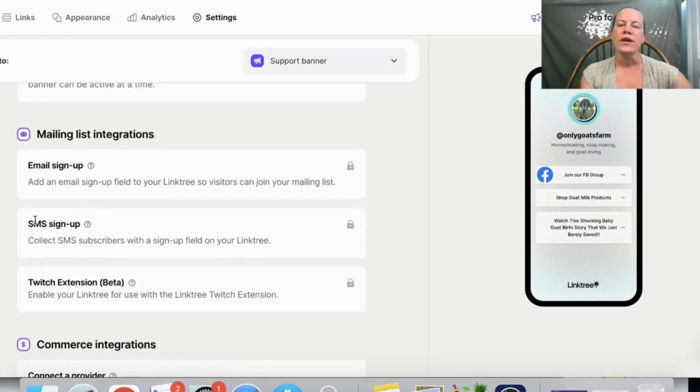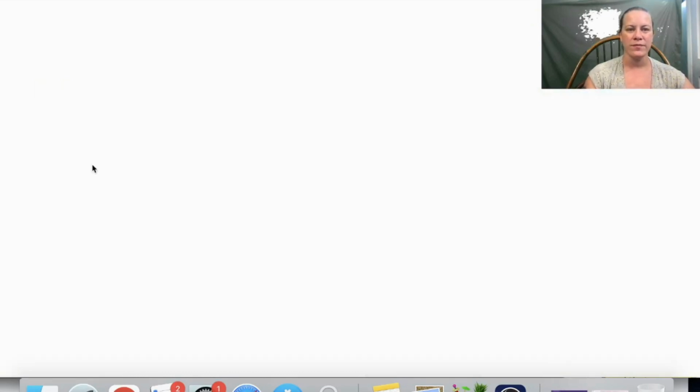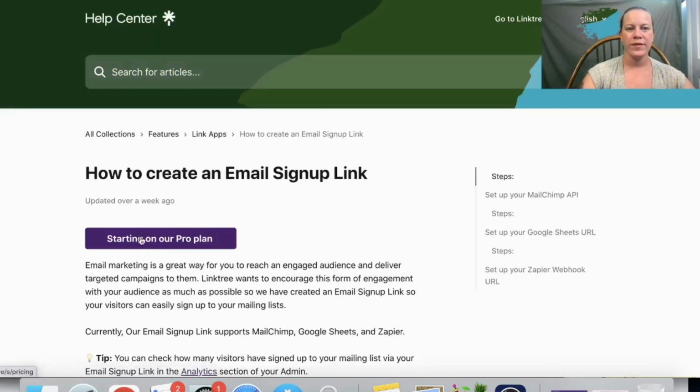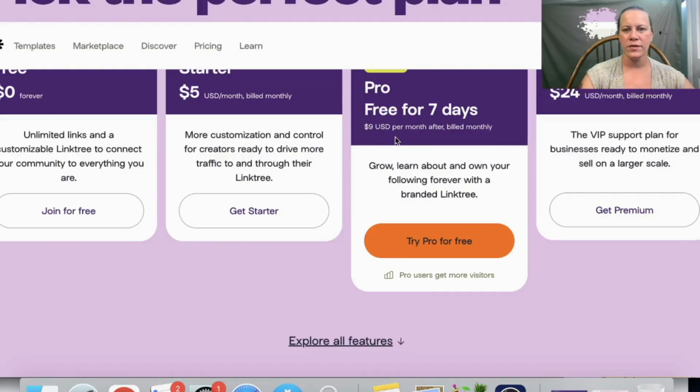Now, to grow your email list, you can do that on LinkTree, but it costs extra money. You have to be on Pro. Pro costs $9 a month. If you're going to be growing your own email list, you should probably have your own website to begin with. So